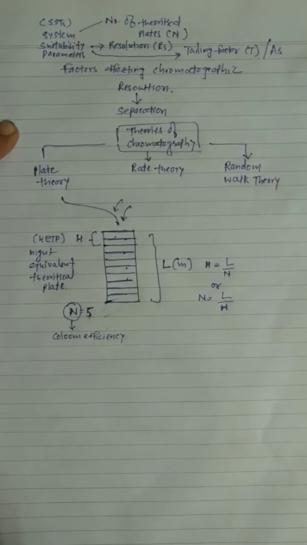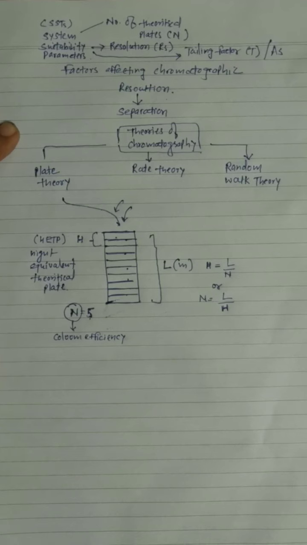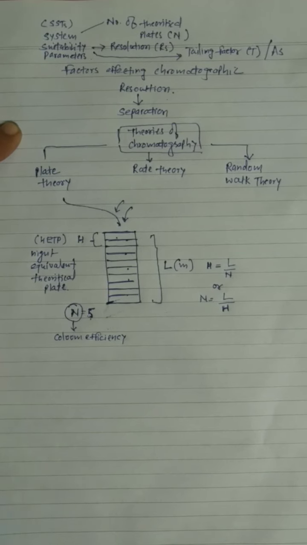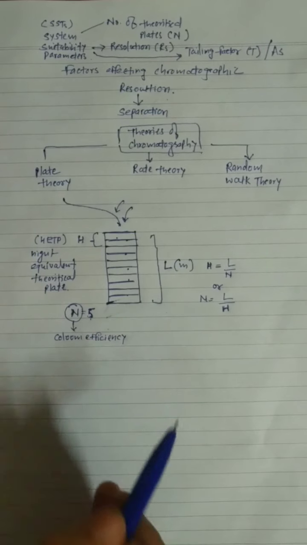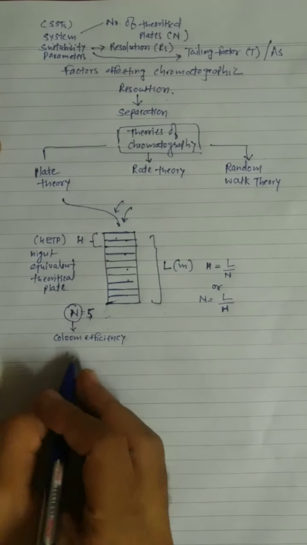If somebody asks you what is the major parameter that affects the column efficiency, it is nothing but N, or it is the indicator of column efficiency. Column efficiency means how a column will perform the separation. Now this is a specific way, but in case of experimental purpose, you have two different equations that give us the idea about the column efficiency.